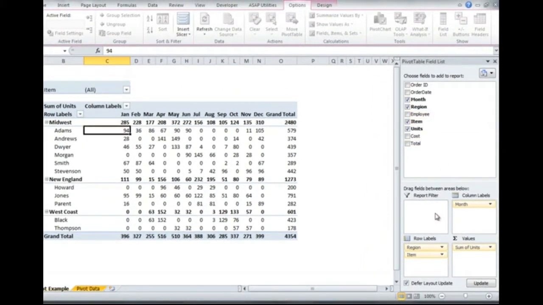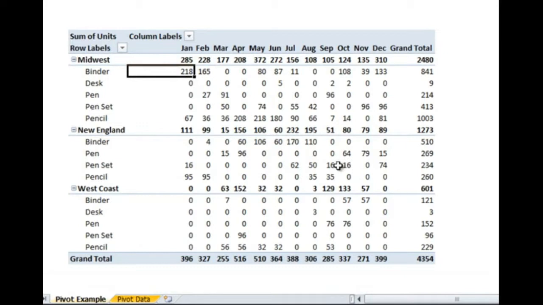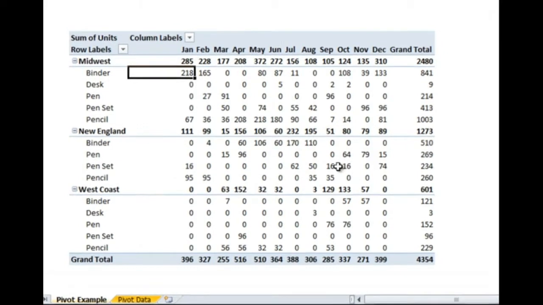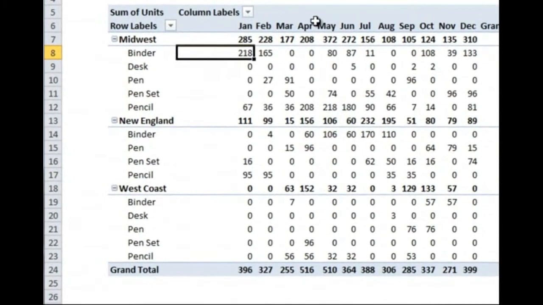So now we've made 2 changes, and you'll see on the left our pivot table is still the same. Once I click update, it removes the items from the filter and puts it under region, and also removes employee. This can be especially useful if you have other equations that aren't in the pivot table, which may get overlapped if you change the fields as you go. For example, if I had